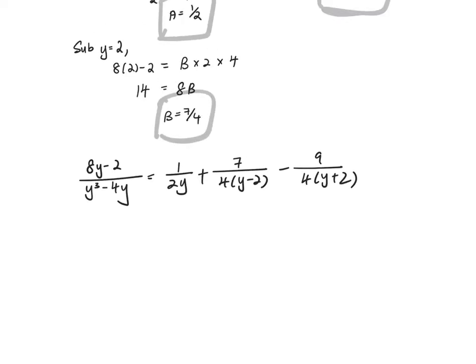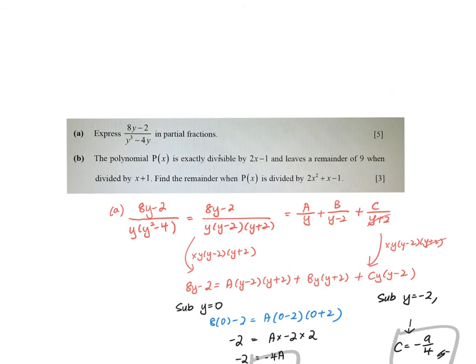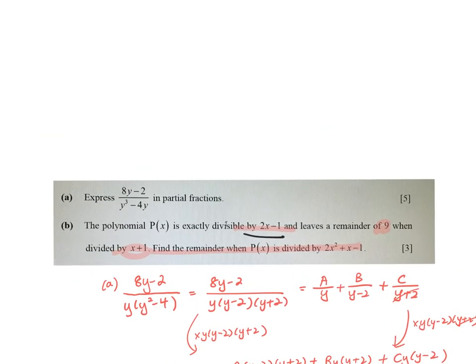we are told that the polynomial px is exactly divisible and leaves a remainder of 9 when divided by x plus 1. Okay, so this is another question. We have to know the division algorithm. So division algorithm, you still remember, is that the dividend here,